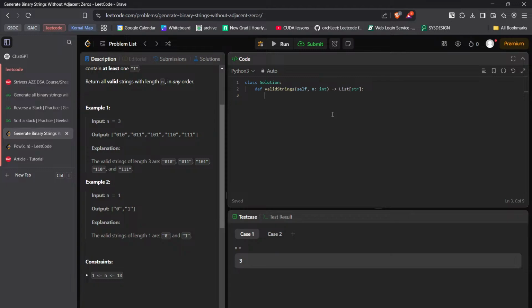So we know that we have to slowly build a string of length n. And how are we supposed to return? We're supposed to return in a list. And yes, the answer is a string, right? Okay, so let's say the answer is equal to this. Then